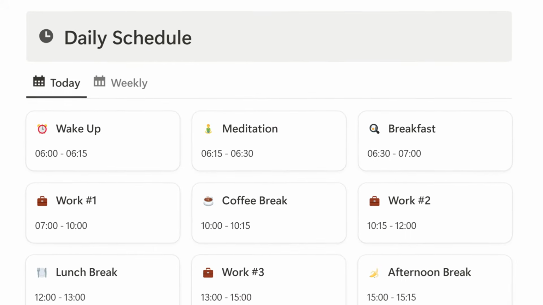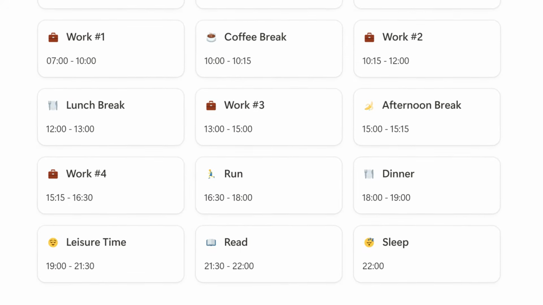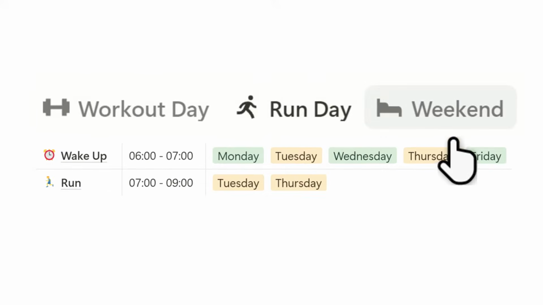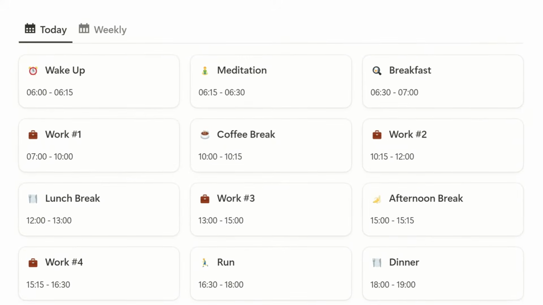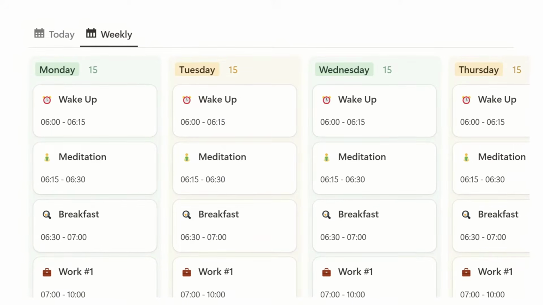Plan your perfect daily routine in Notion and stay on top of it with custom daily routines for specific days, practical database views featuring a daily and weekly schedule, and a simple setup process. All of this is possible with the daily routine planner template, which we are going to build completely from scratch